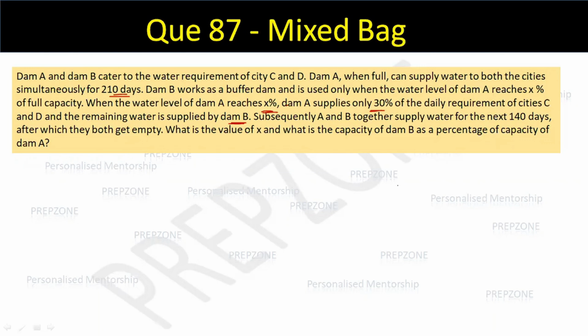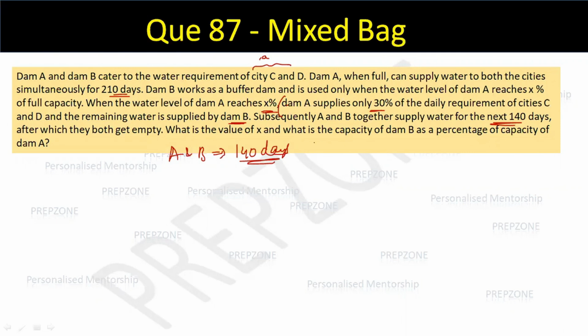So see, I would assume कि हाँ, so let's assume कि दोनों city का daily requirement है something A. Let A liters of water be needed daily for both C and D. Okay. अभी question में क्या given है कि A and B they both work together for at least 140 days, right? ये दोनों ही dam last 140 days में तो चालू रहते हैं, right? It is what is given कि the moment A reaches X%, फिर 140 days तक दोनों supply करते हैं. Okay,